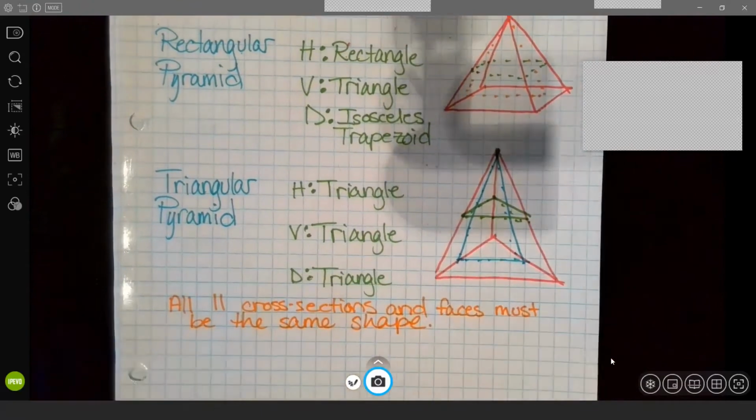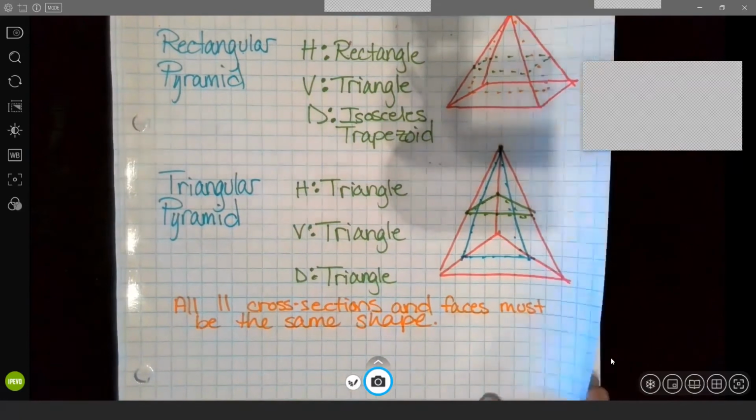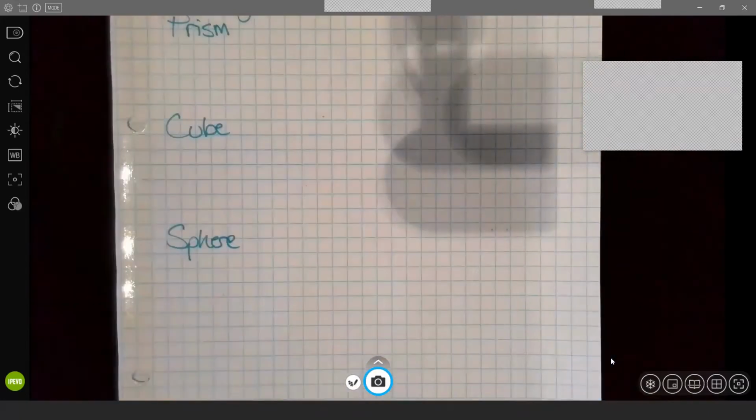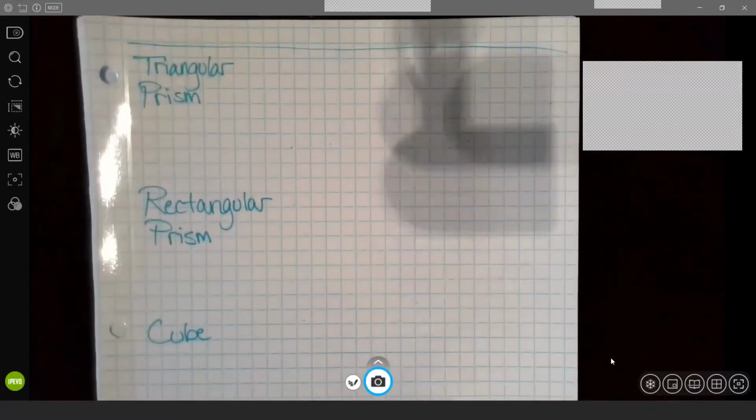So this is the assumption I'm going to roll with as we move through our notes. All parallel cross sections and faces must be the same shape. And it's something that's actually proven with this tool that we've been going through. So let's move on to triangular prisms using sphere and rectangular prisms. We're not going to rely on the tool first this time. We're going to make our list, we're going to draw the faces, and then we're going to check to see